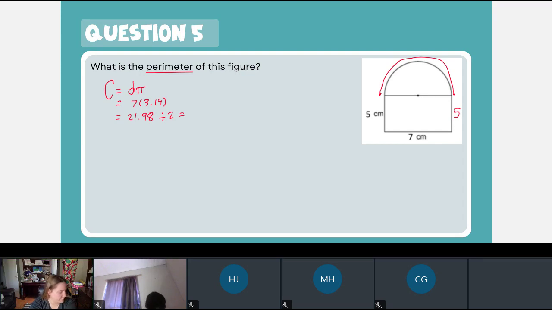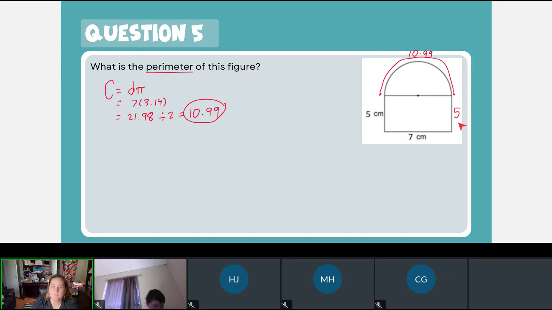21.98 divided by 2. Good, Skylar. 10.99. Okay. That gives us our missing distance around the half circle up here. So 10.99. Now that we have all of our sides,